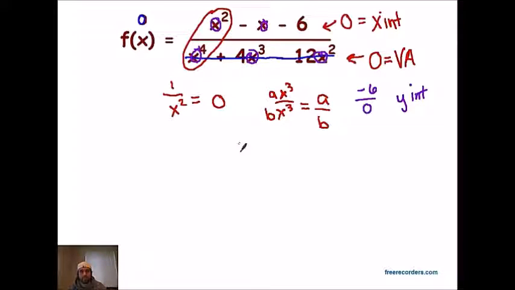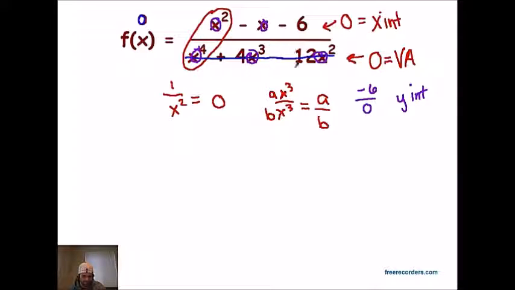Okay, and we'll talk about that here more in a second. So normally, though, you just throw in 0 and you may end up with like negative 6, and let's pretend these x squareds were here. Negative 6 over negative 12, so we'd see that our y-intercept was negative 1/2. Okay, so you know how to find x-intercepts, you know how to find y-intercepts, but I think when you look